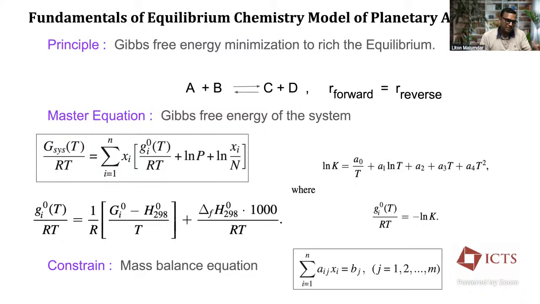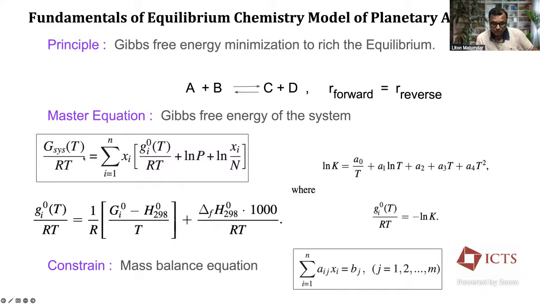So in summary, if you have a reaction, let's say A plus B goes to C plus D, and we do Gibbs energy minimization, then essentially it gives you your forward reaction rate, the rate by which A and B go to C and D, and the reverse reaction rate is the same. Now, after doing some simple thermodynamics and basic algebra, what you can do is calculate the total